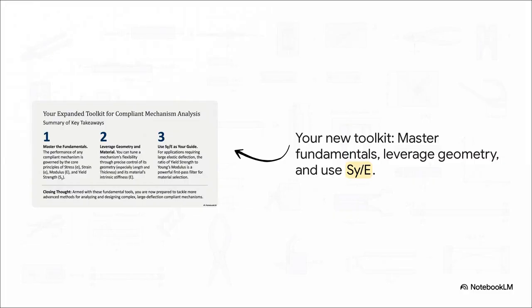Okay, so let's just quickly recap the 3 essential tools we've put in our toolkit today. First, we've got to master the fundamentals. Stress and strain are non-negotiable. Second, we've learned how to use geometry and that super powerful sigma over E ratio to really tune a mechanism's performance. And third, we now have that ratio as our North Star, our guiding light for picking the best materials